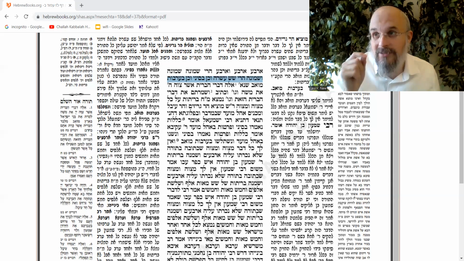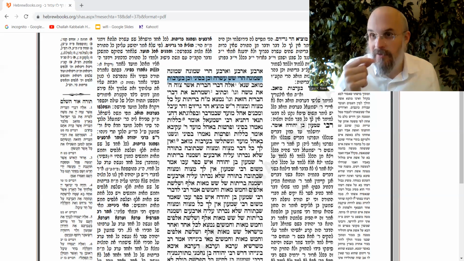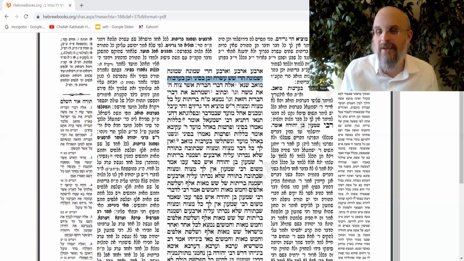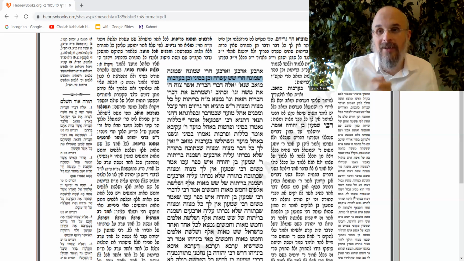But that too has an element of fear. Because even in a positive commandment, there's a fear to fail to do what I have to. So even in the positive commandment, there's an element of a negative. Failing to do it is a negative. That's right. So even though the primary motivator is I love you and therefore I want to connect with you, there's also a part of fear. I don't want to lose out on this connection opportunity.